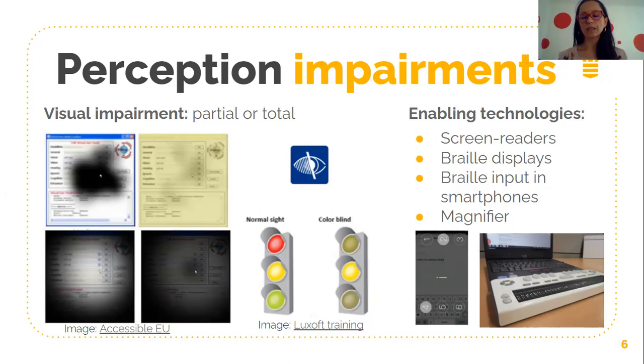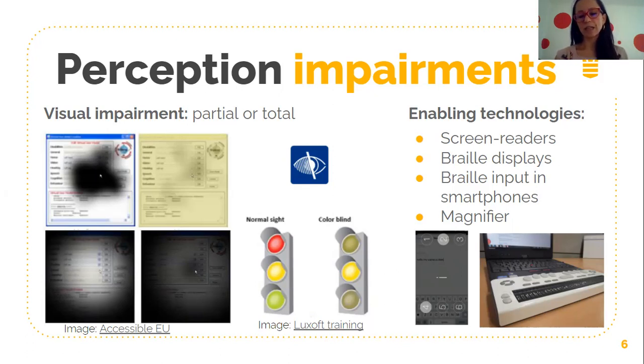So Braille displays is like the same thing that you hear through the screen reader, written in one line of Braille, so that you can read it with your hands. And also you can input through these devices. Some of these devices, the Braille displays, are also keyboards. For those which have keyboards, like the one in the picture, people can type in Braille so that you can get the actual letter in the computer.